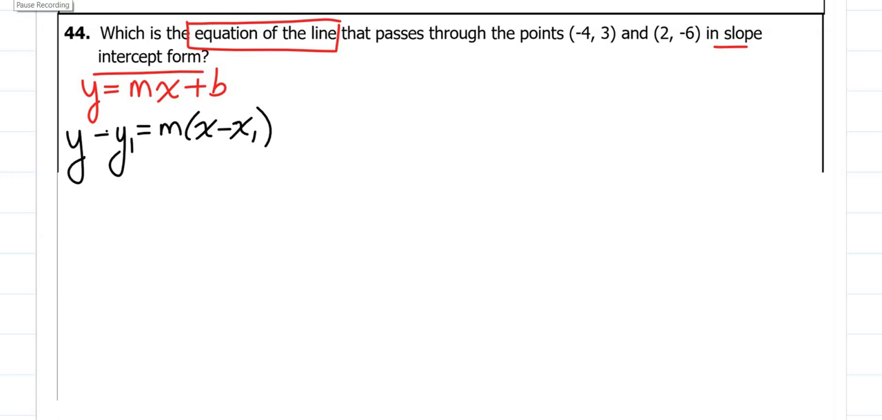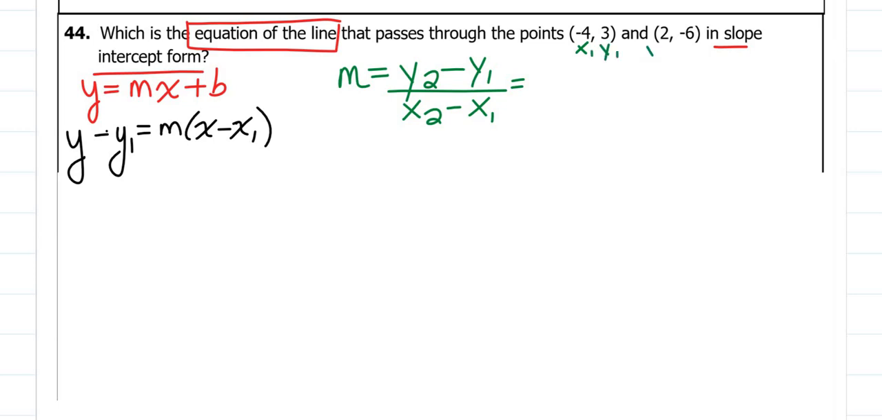So to find the slope, let's go ahead and use the slope formula. M equals y2 minus y1 over x2 minus x1. I'm going to call -4, 3 my x1, y1, and 2, -6 is going to be my x2, y2. Okay. So plugging things in, y2 is -6 minus y1 is 3 over x2, which is 2, minus x1,